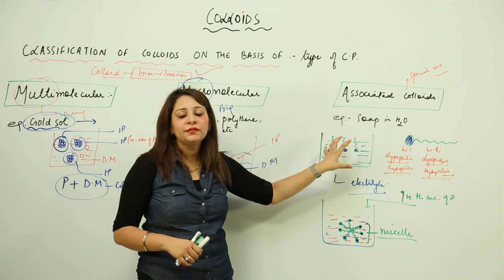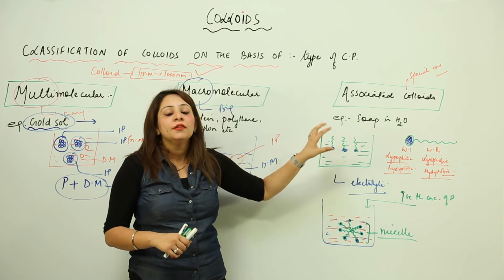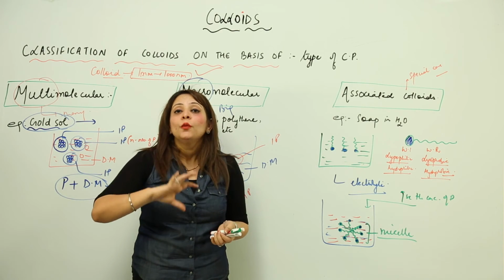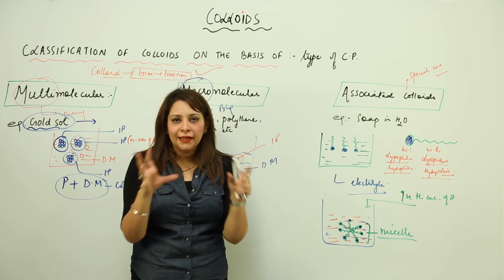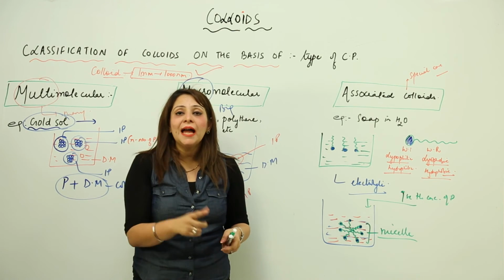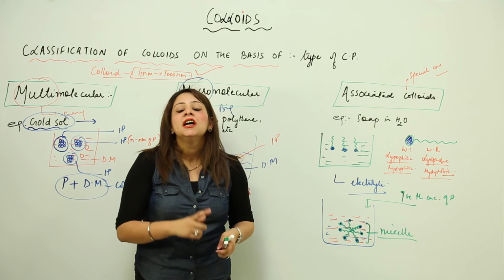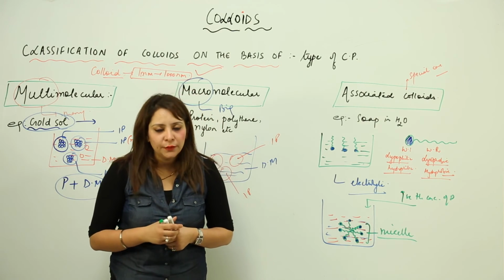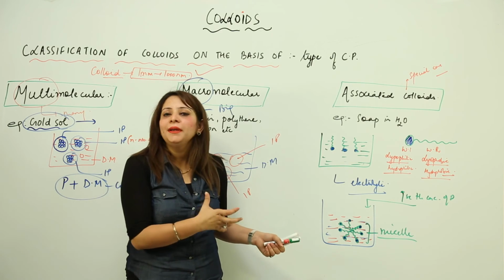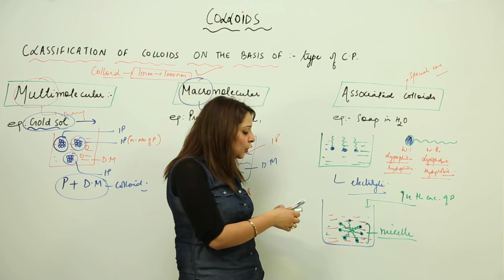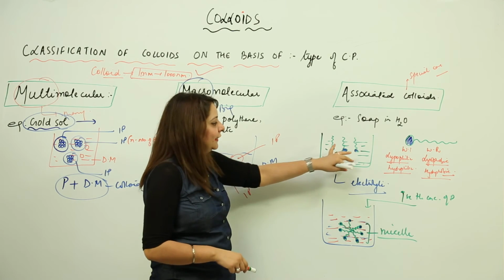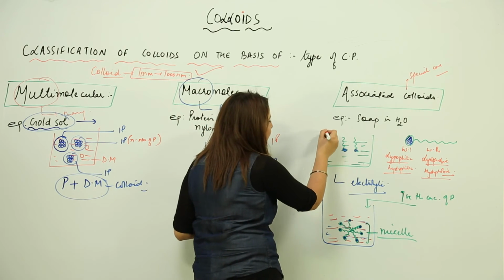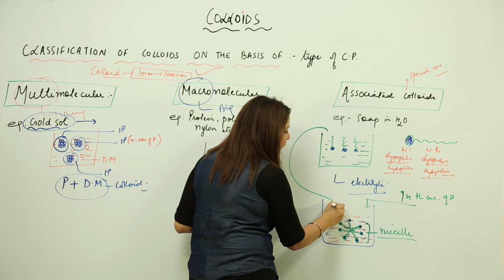When their concentration is low, they behave as an electrolyte. But when we increase their concentration, they aggregate in order to form micelles, and that micelle has a size that lies between the range of the colloidal particles, that is between 1 nanometer to 1000 nanometer. And now it behaves as a colloid. Now see, I told you that they are an electrolyte when we add them into water. So there is a specific temperature when they get converted into micelles.